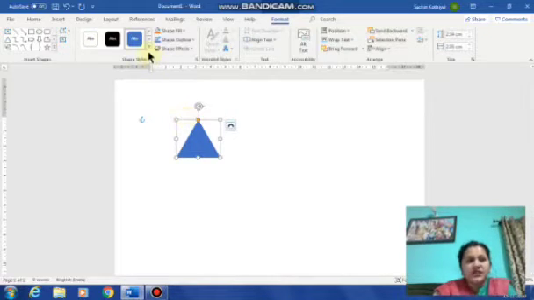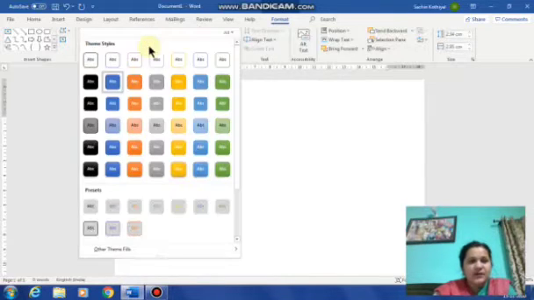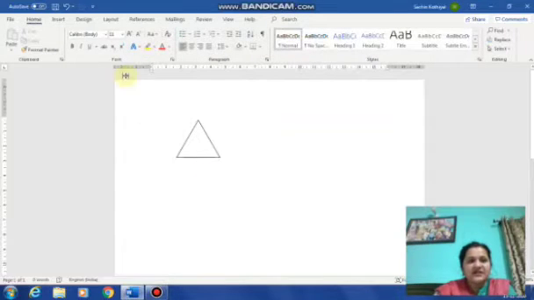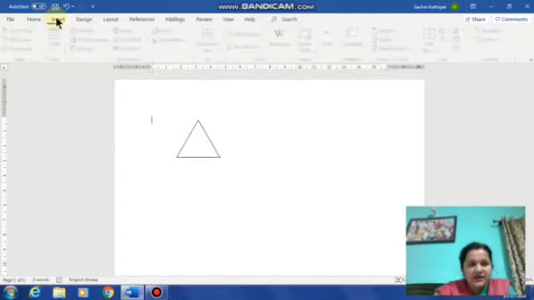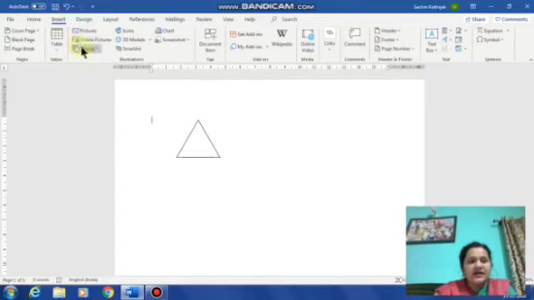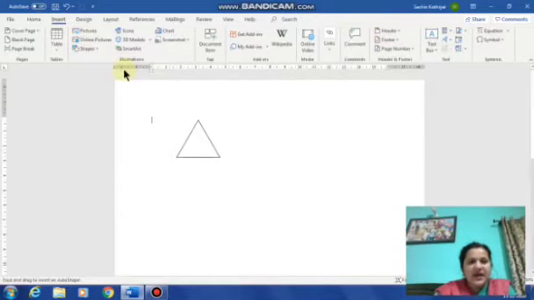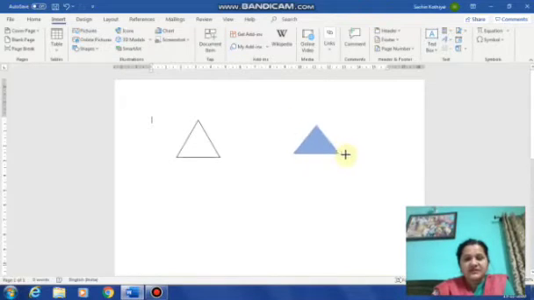Now see children, here is the shape styles dialog box. It will provide you more options for how you want to format your shape. What I have done is click on insert, then shapes. Then I selected the shape, and then I pressed the mouse button and dragged it until the size I want.